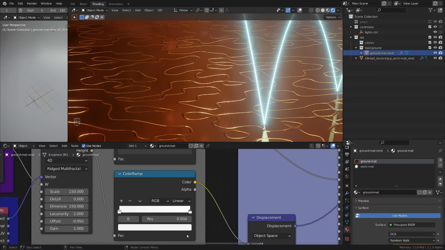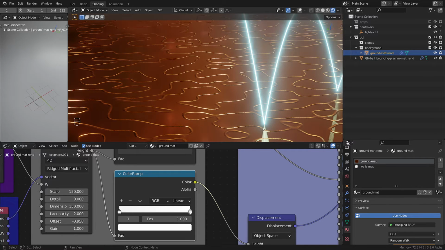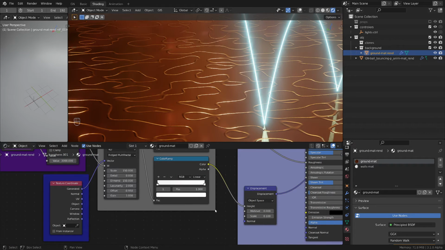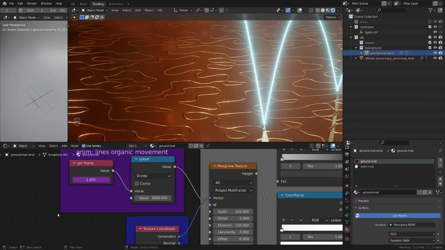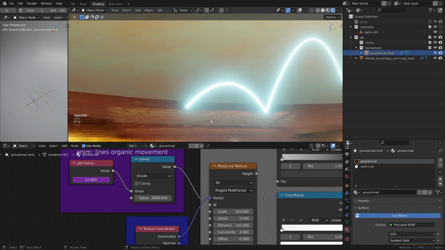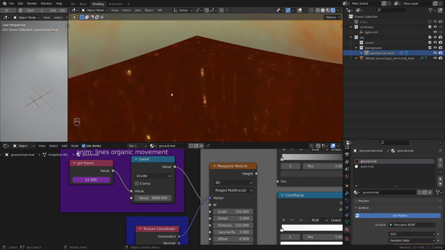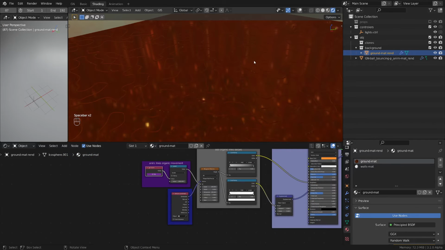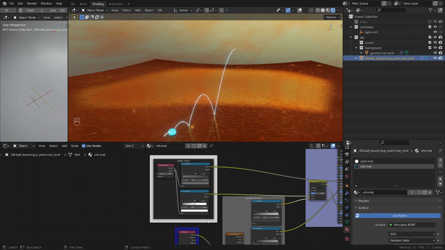I also made sure the displacement is not too strong by taming it quite a bit using these values, from 0.1 to 1, 0.9 to 1. And we end up with this awesome looking shader that, if we play the animation, is giving us these lines here that are moving because of this animation of the seed. Excellent. For the rest of the materials, the bouncing ball,